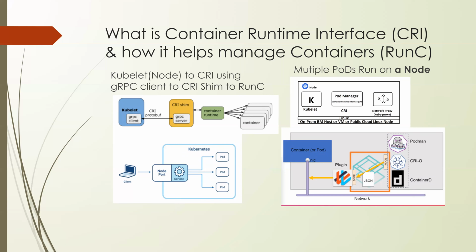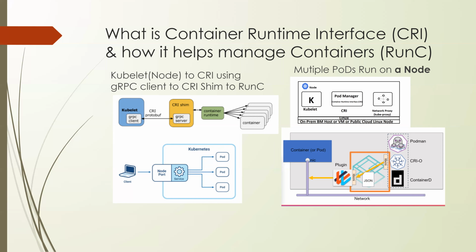Now, because Kubernetes is an evolving piece, if you look at the right side of the diagram here, the description of a node has at least three pieces. One piece is the kubelet, which is the agent that listens to the API server and responds to the API server. Because we saw in the last diagram, the API server is the master of everybody. That is the Kubernetes control plane.